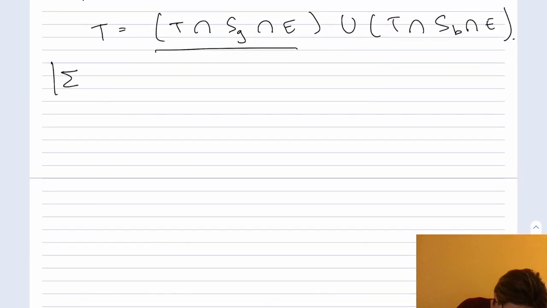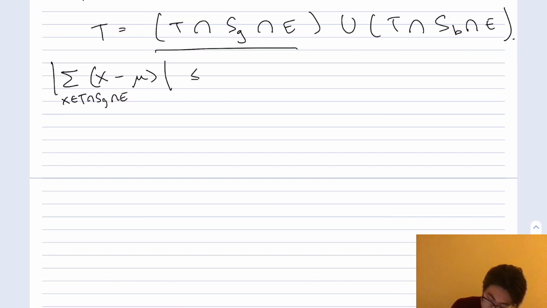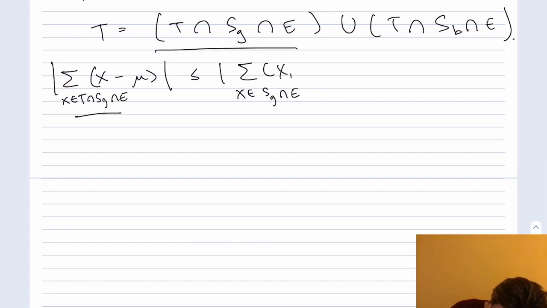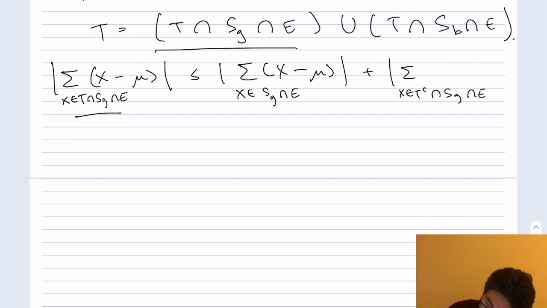So I'm just going to say that the sum over x in this first thing of x minus mu, well, what is this? What I can do is split this sum up. Actually, I can add back in the points that I improperly truncated from the good set. So I can say this is at least the following: the sum over x in T ∩ S_good ∩ E of x minus mu, plus some error because of the points I threw out, the sum over x in T complement ∩ S_good ∩ E of x minus mu. This we know is small